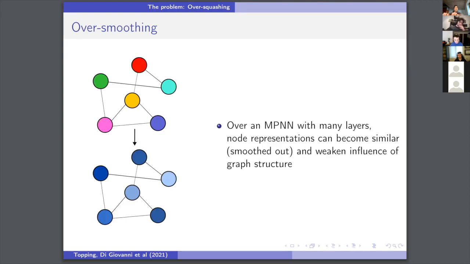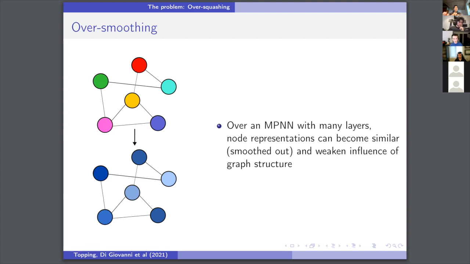Next is oversmoothing, which is the slightly more nuanced one. Graph topology is obviously usually important for learning. It was in Alon and Yahav's 2021 paper last year. I can see we've got Uri here, where they showed that if you replace all the layers in your network with a fully connected layer, then you're going to see much worse performance, right? The result of which is graph structure isn't important.